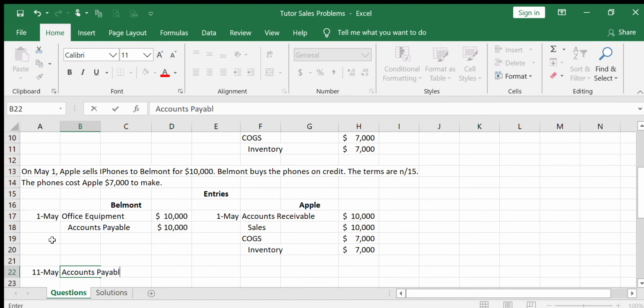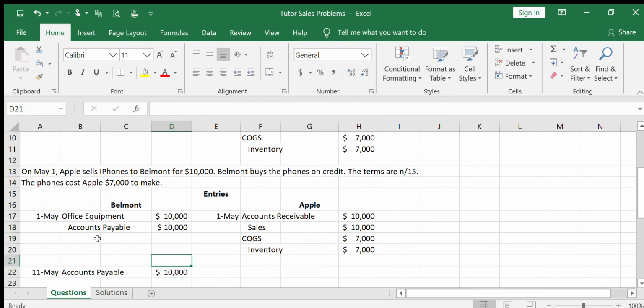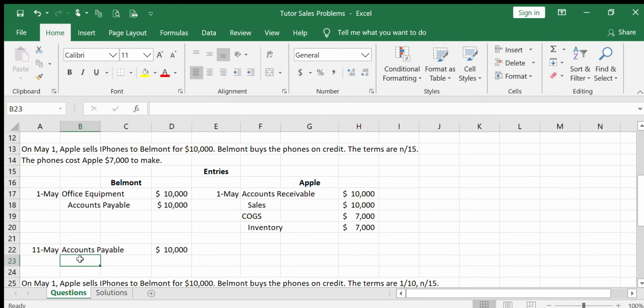So if you'll notice, for $10,000, that will completely erase the $10,000 that was credited in that first transaction. So you have a debit for $10,000 for accounts payable and a credit for accounts payable of $10,000. So that'll end up being exactly 0 after they do that. The credit will be to cash because Belmont is paying $10,000 now to Apple, and so their cash reserves will